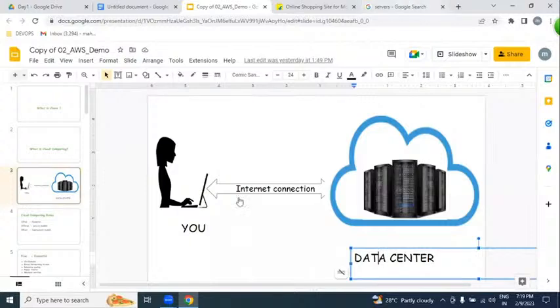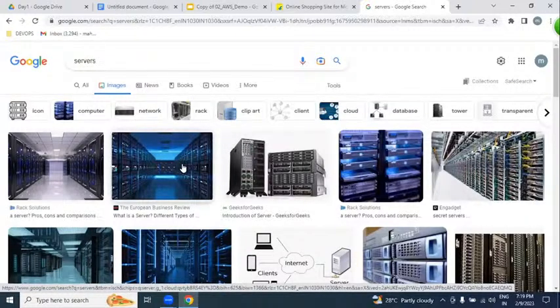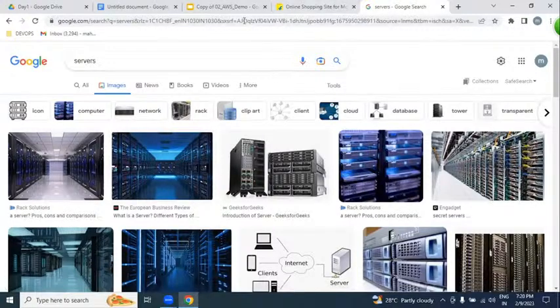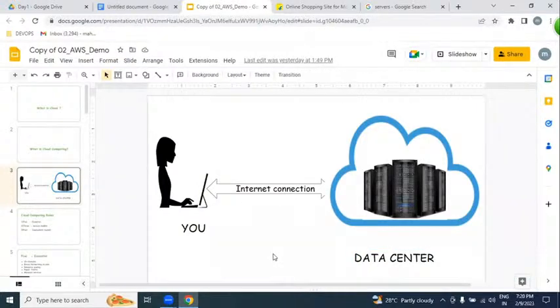The huge computing power kept rack-wise, we are calling it computing power. So this we call a data center. From these data centers, if you can access a server, a network, a storage, a database over the internet from a laptop, that is nothing but cloud computing.